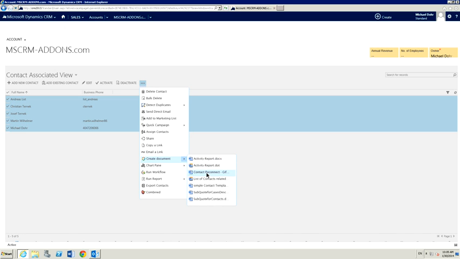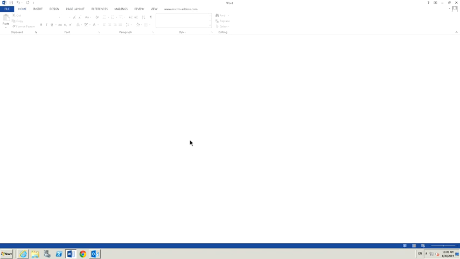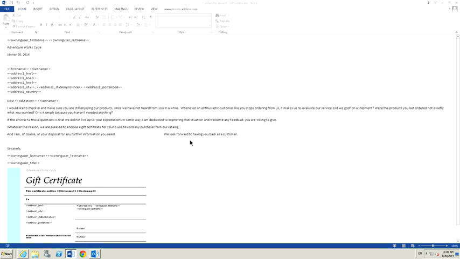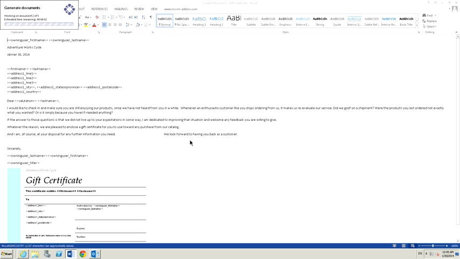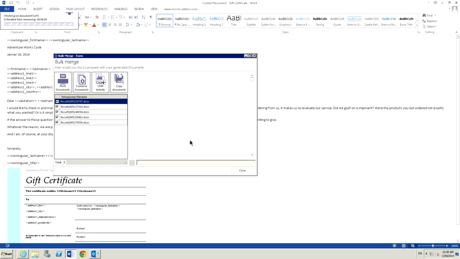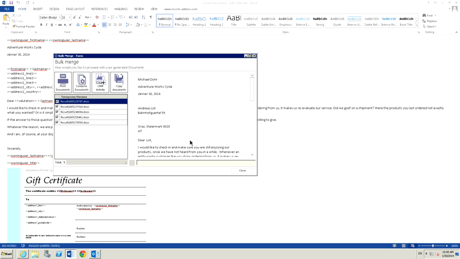template. Okay, and then basically what's going to happen, Microsoft Word's going to open up. It's going to open up my template for me. Then it's going to give me my generating documents window. Now again, since I'm just doing 5, it does it really quick, but say if you're doing 20 or 50, you've got that little bar there that's actually going to tell you the progress of how long it's going to